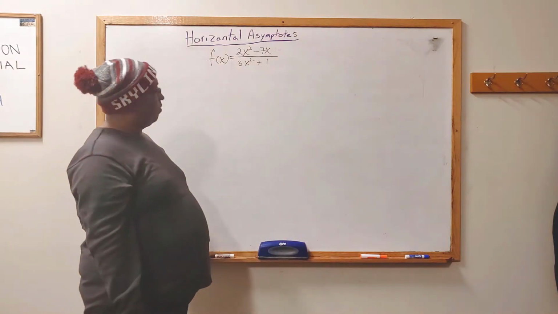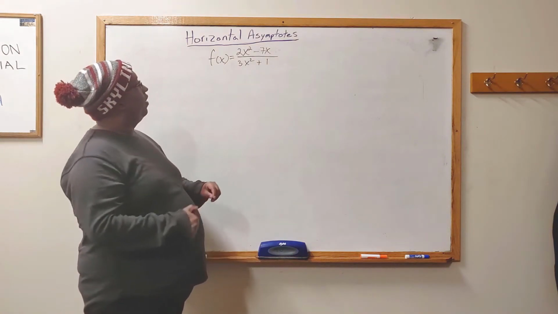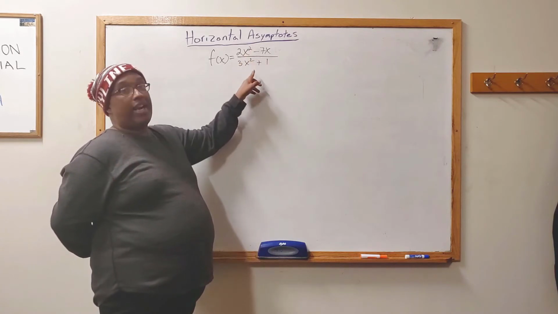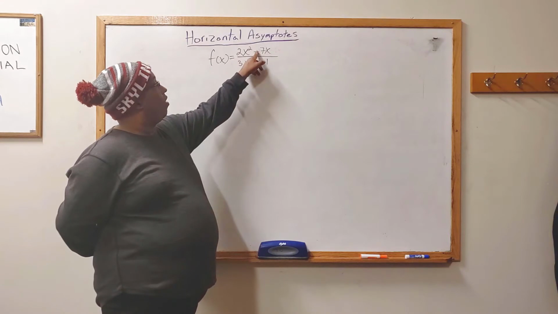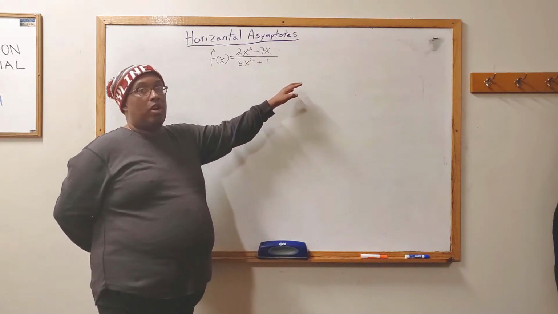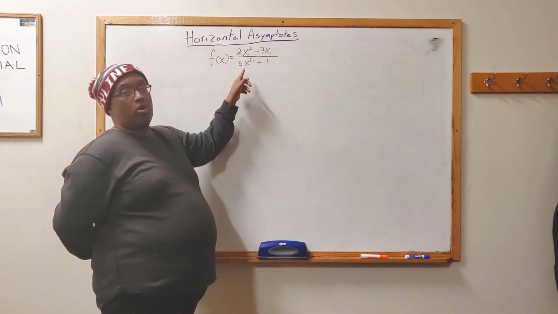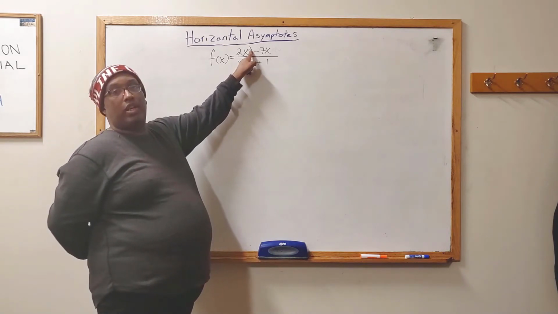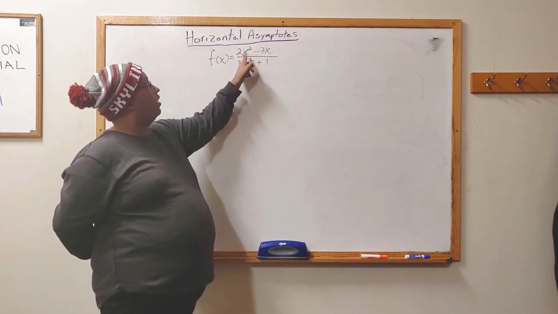Let's look at this problem. There's a couple different rules. The first rule is if we look at the degree of each part of the fraction, the numerator and denominator, if the degrees are the same, then we disregard the other terms and we only look at the coefficients of those leading terms. So here, 2 is the leading coefficient here, and 2